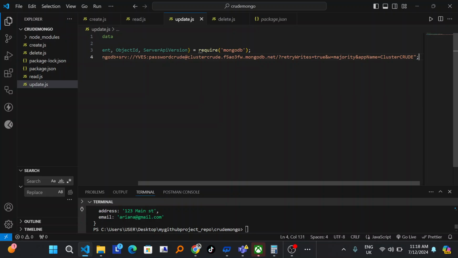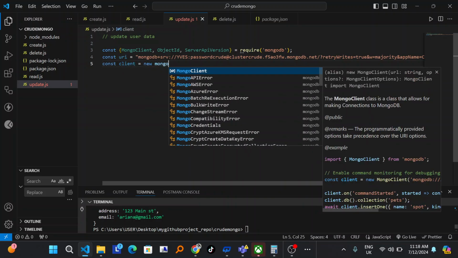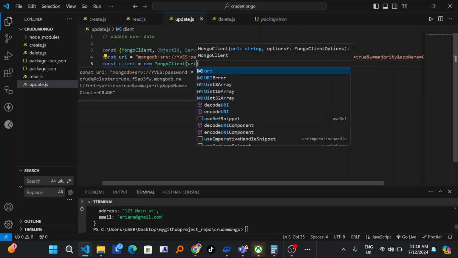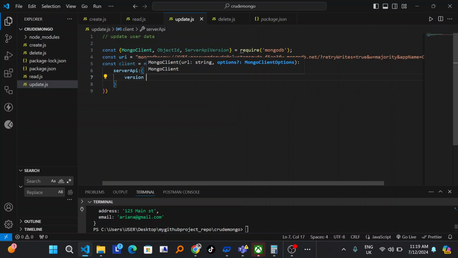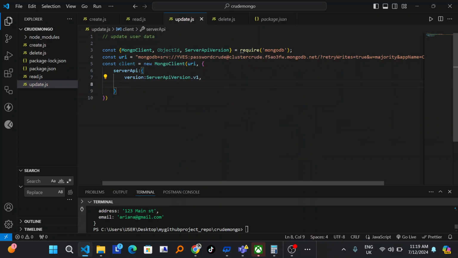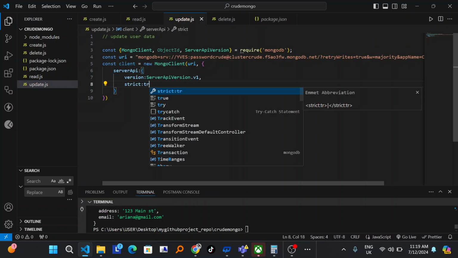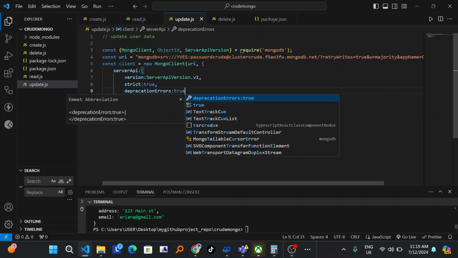and the semicolon, and const client, initialize my client equal to new MongoClient(uri) and open curly braces, initialize serverApi, version will be ServerApiVersion.v1, comma, and strict will return true, strict true, comma, and deprecationErrors will be equal to true, and then